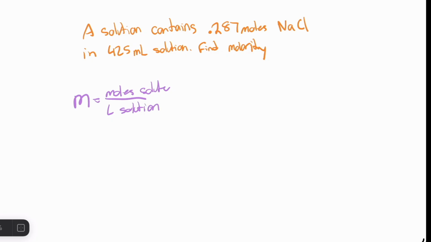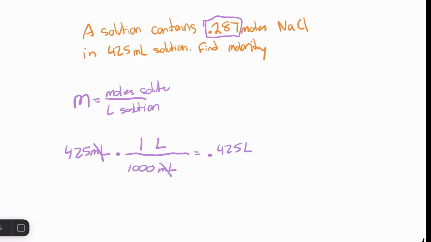So now if we look back at this problem, we're given 0.287 moles, so that's our moles of our solute, in 425 milliliters of solution. The equation calls for dividing by liters of solution. If we have 425 milliliters, we can convert that to liters by using a conversion factor. We know that 1 liter contains 1,000 milliliters. Our milliliters cancel out here. Our only unit is liters. And we would divide 425 by 1,000, giving us